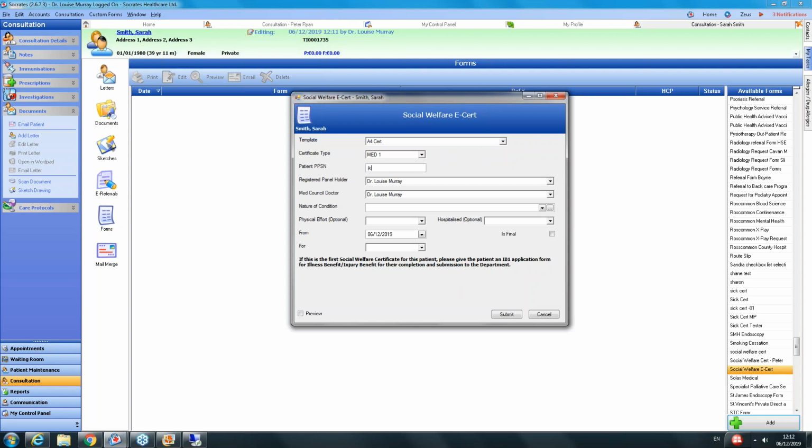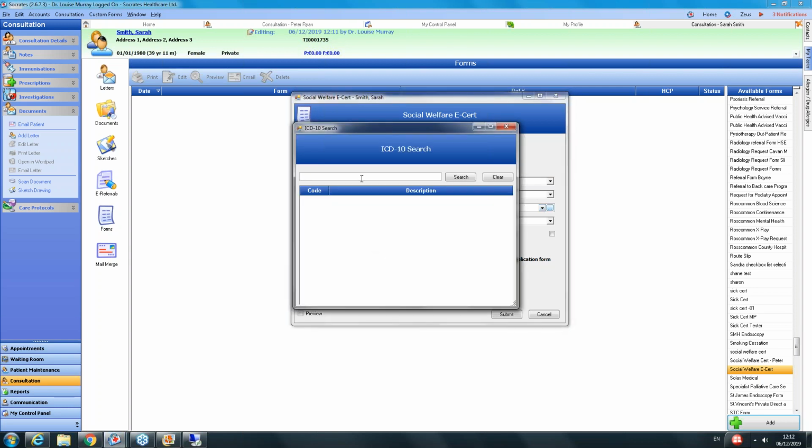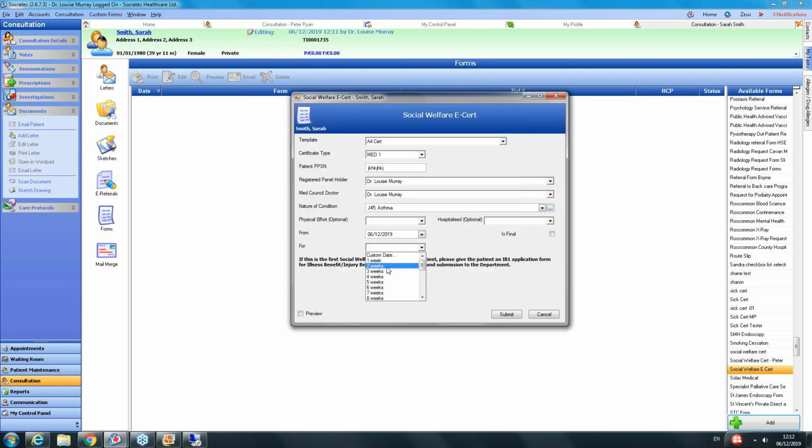So if I fill in the PPSN number incorrectly, it comes up with a message to say invalid PPSN number format. So you can't send it off if you fill in the PPSN number wrong. It won't let you do it. So that's one thing that's not going to come back with an error for that reason. The main reason why something mightn't come back correctly is maybe the date of birth is off, and the date of birth that you have on record isn't the same as in the social welfare department. So you just fill in the correct number and then you'll be able